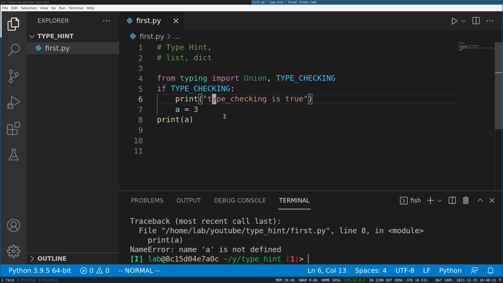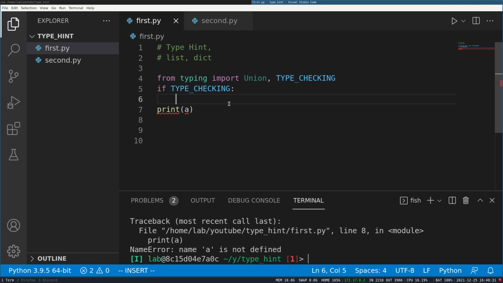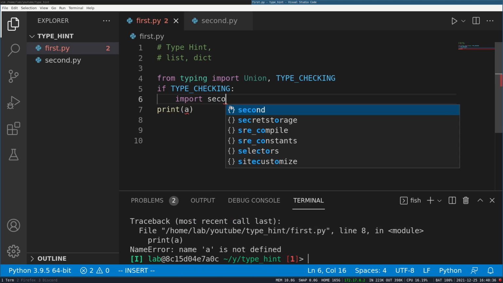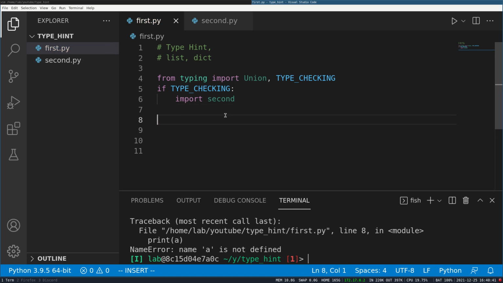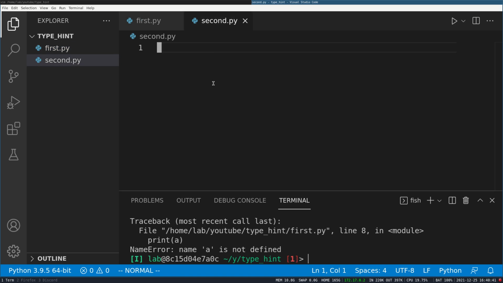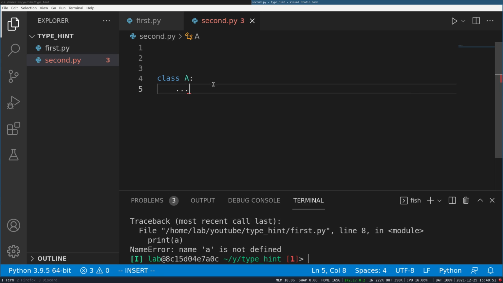Now you might ask, where is this helpful? This is helpful if you have a second module and you want to import something from there. So let's say I want to import the module second, but only for type hints. So let me have a concrete example. Let's say second has a class, and the class is pretty much empty.